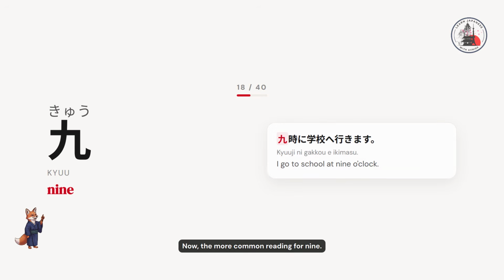Now, the more common reading for 9. 9、9。 Example. 9時に学校へ行きます。